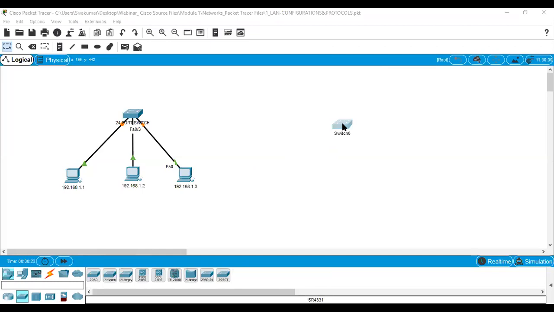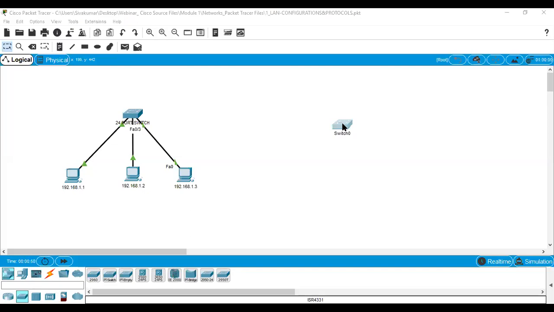As already mentioned, if you double click on the switch, there are four options: physical, configuration, CLI, and the attributes. The first, physical module, shows the physical device view. You can zoom it and see the ports connection. These are Catalyst 2960 series switches. It's looking like a real-time environment. Then go to config.